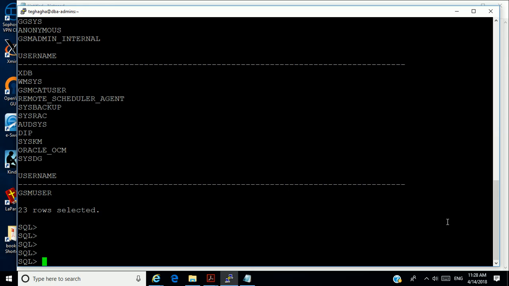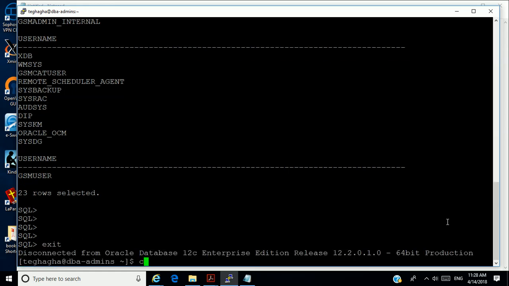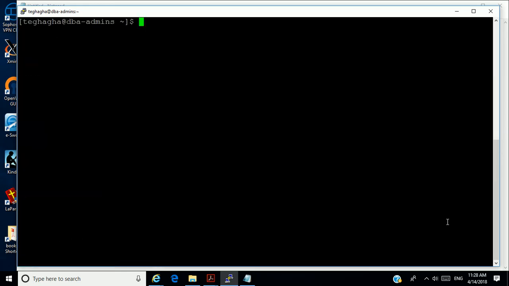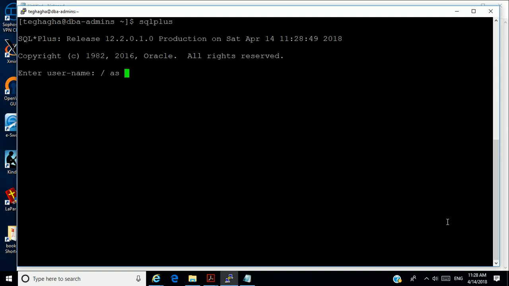First of all, I'll create a dedicated tablespace for it. Whenever you create users, always remember to ask whether they want it to be a dedicated application user, whether you want to create a tablespace for that user.